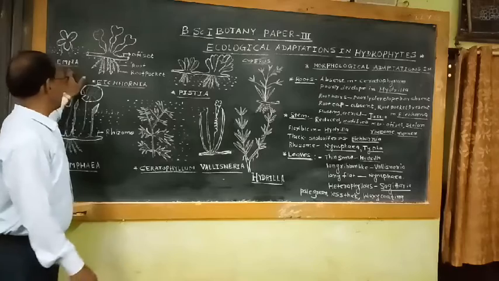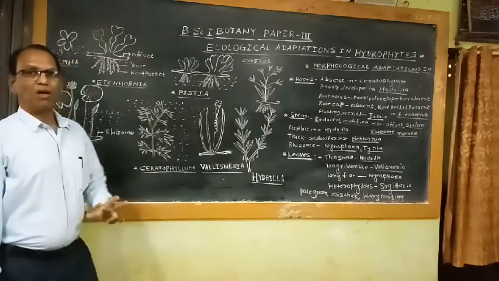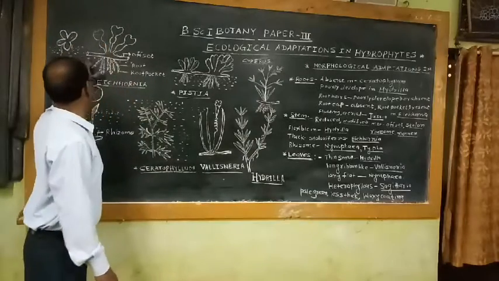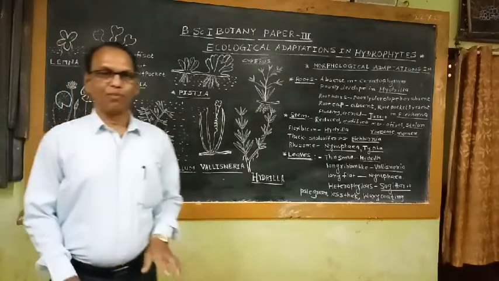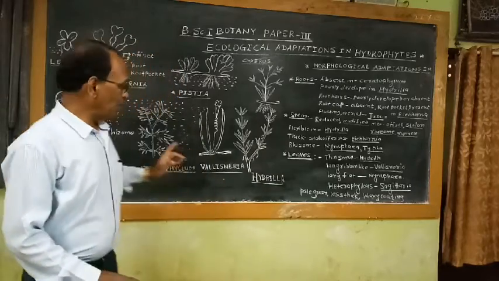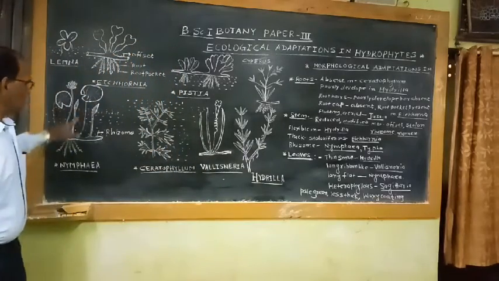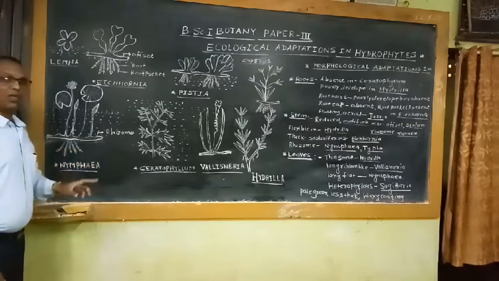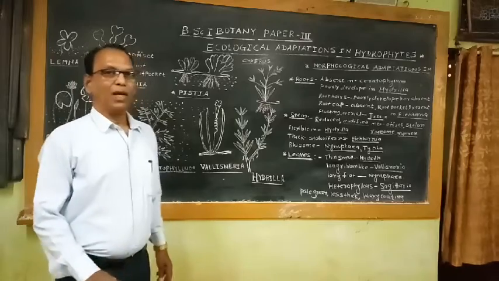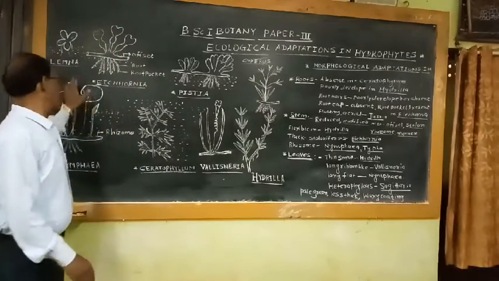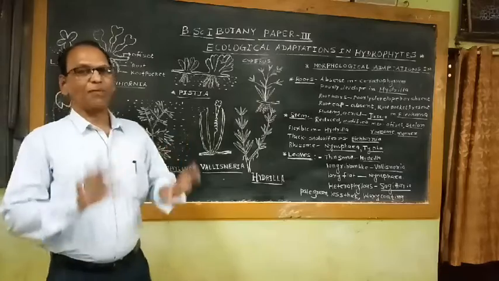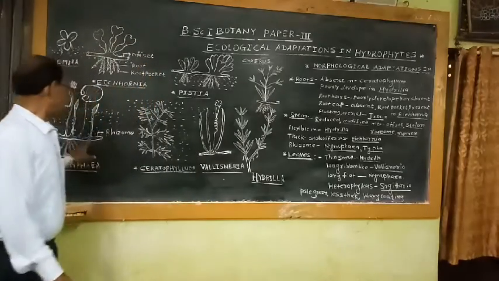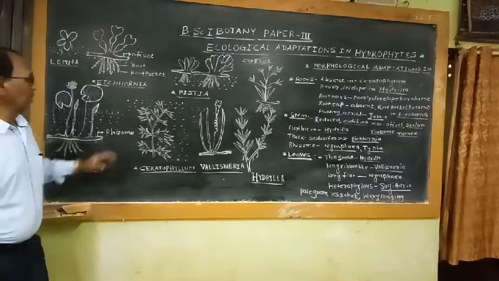Plants like Lemna, Eichhornia, Pistia are commonly called free-floating hydrophytes. There is no connection of their stem as well as root system with the substratum or muddy soil. But another group of plants shows close association of their shoot system as well as roots with this muddy substratum, and other organs like leaves as well as flowers are on the surface of water, in aerial conditions. That's why they are commonly known as rooted floating hydrophytes.